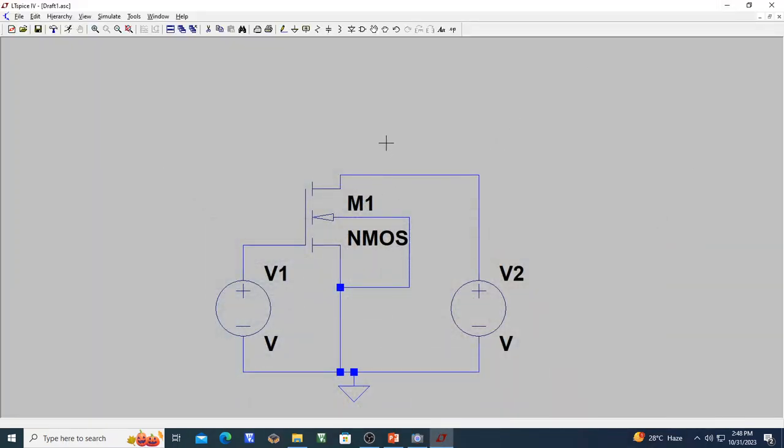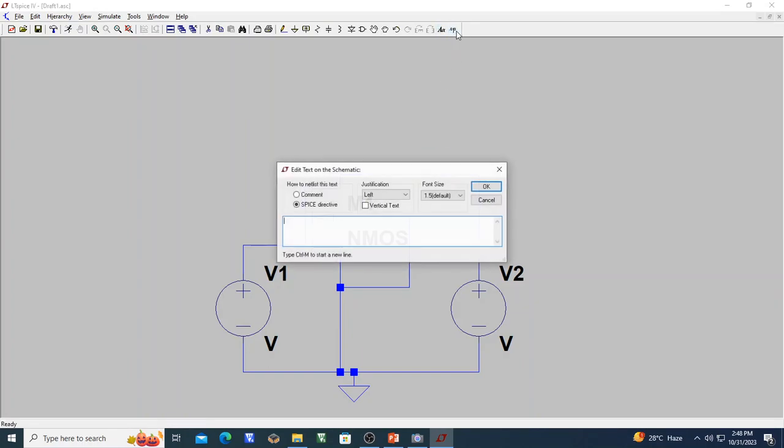So let us come here. As I said, I need to give KP and W, L, which I'll give here. So go to the SPICE directives, and here I need to type, of course I'll just type it and show you where the syntax of this is available. So it is dot